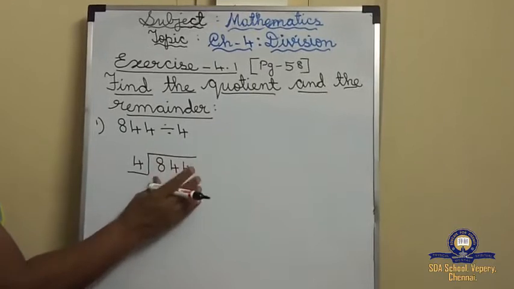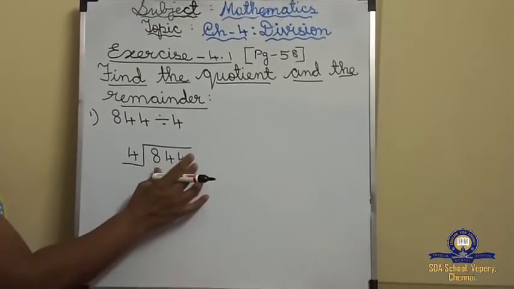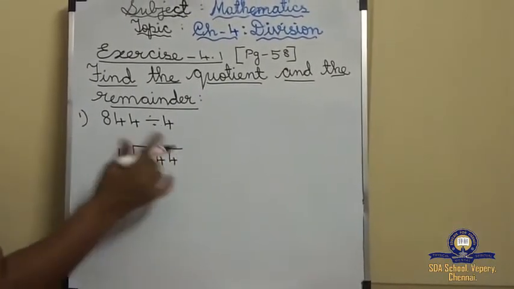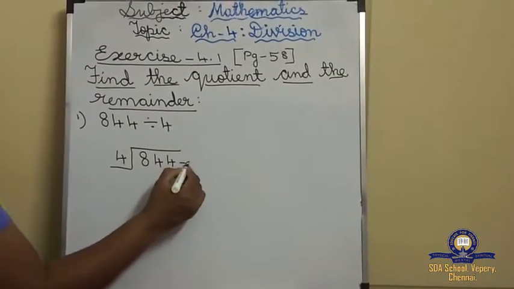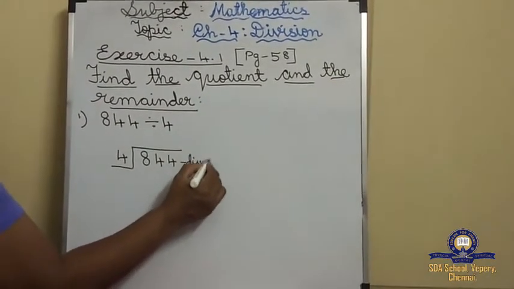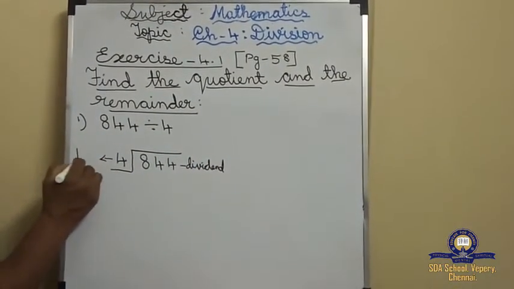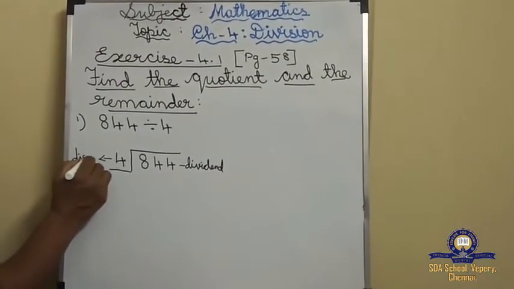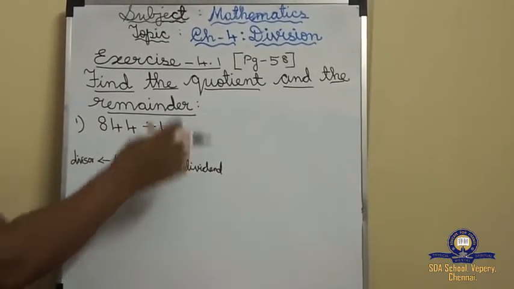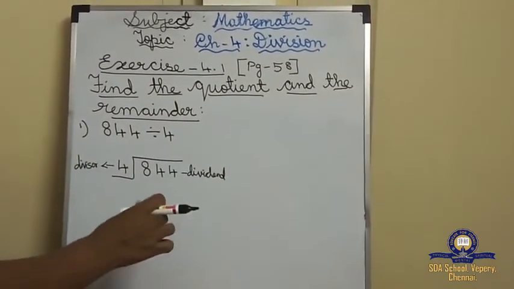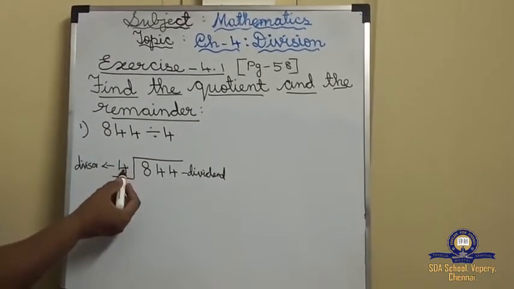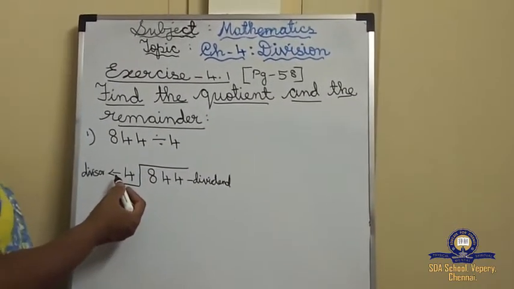This is which is given inside. The number is called dividend and this is called divisor. Don't forget, this is dividend and this is called divisor. Understood children? And which we are going to find out, that is quotient and remainder. Okay children? You have to be thorough in 4 tables. All are thorough in 4 tables children?